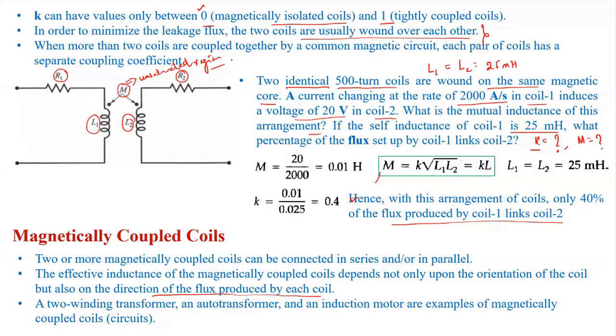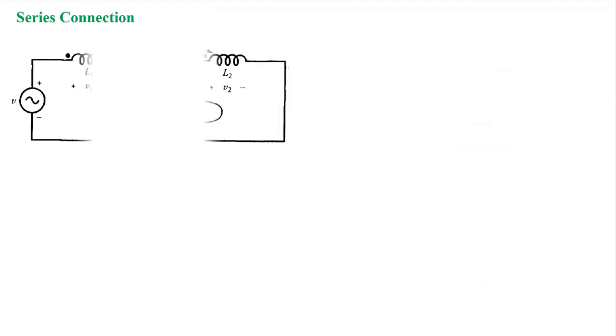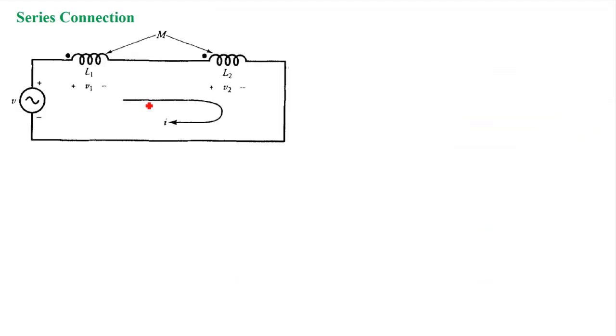These are the general analysis, and through this we can also analyze different machines like transformers, auto transformers, right? So let us first consider the series connection. If I have two coils connected in series, having self inductance L1 for the first coil and L2 for the second coil, and the mutual inductance between these two coils is M,